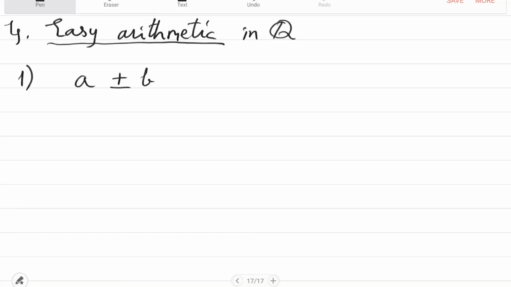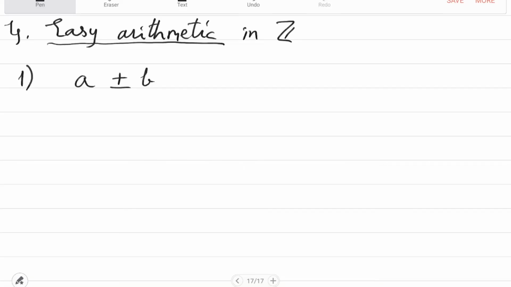Yes, so A is an integer, maybe not rational but integer. Let's simplify this. So A is an integer with a sign. So let's forget about the sign. Think of A as a positive integer. So how many bits will it have? It will have log A many bits, like log A base 2